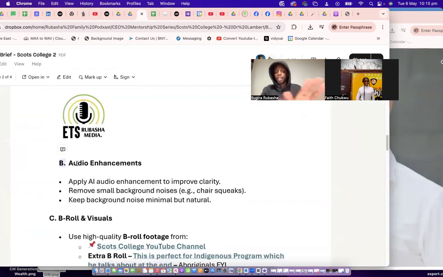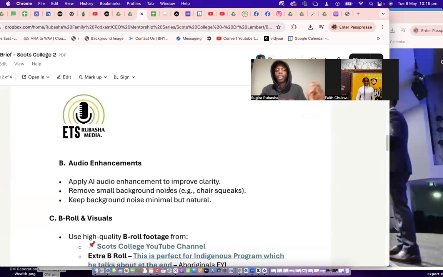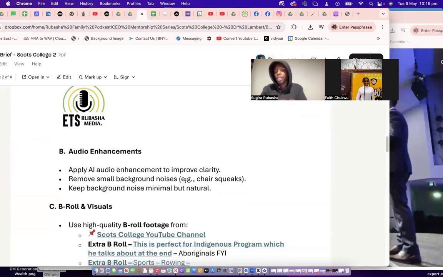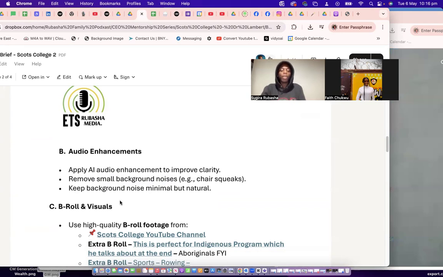Audio enhancements is exactly what I'm talking about. If there's any audio issues, apply AI audio enhancement to improve clarity. Remove small background noises. This is pretty general in all episodes that we'll have anyway, so you can even just use this. Remove small background noises. Keep background noise minimal but natural. E.g., you can use